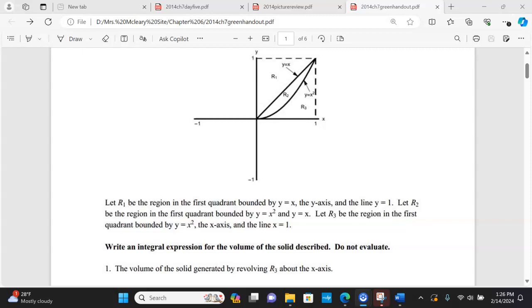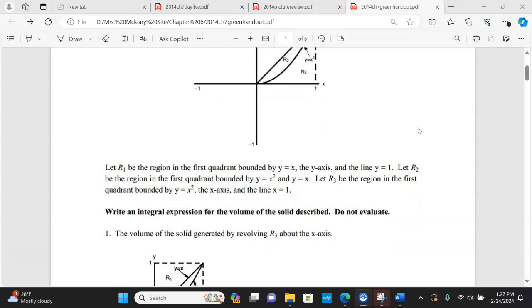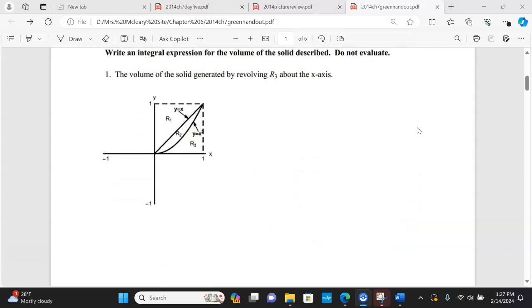x equals 1. So the first question is we're going to write an integral expression to set up the situation that we have, but we're not going to evaluate. So we're just going to practice the setups of these. Okay, so for the first question here, it says the volume of the solid generated by revolving region R3 about